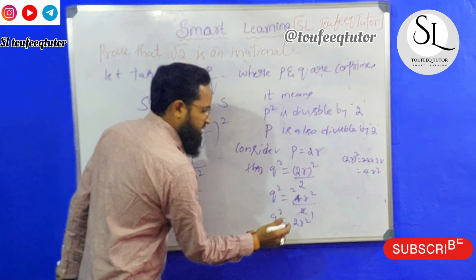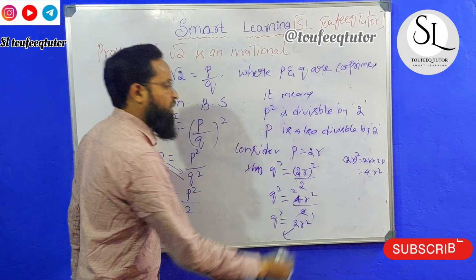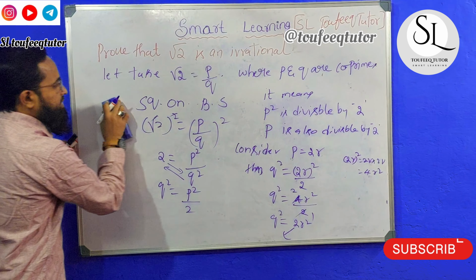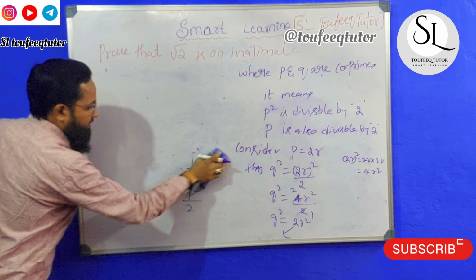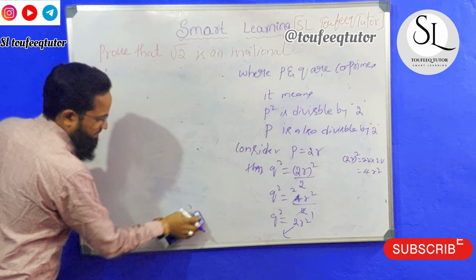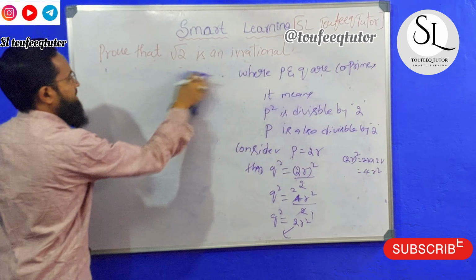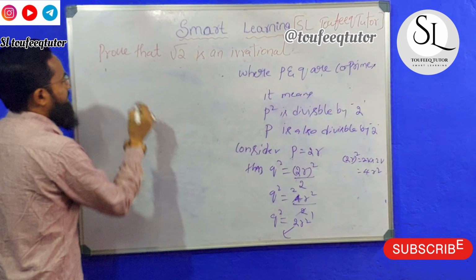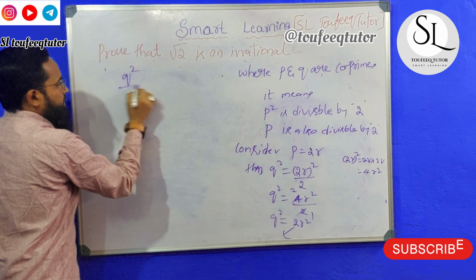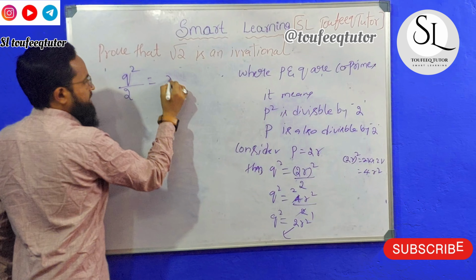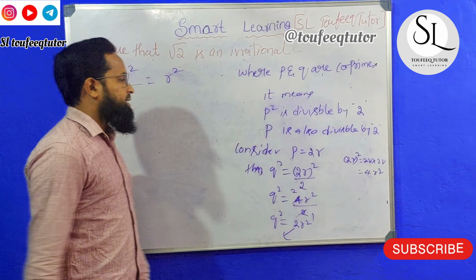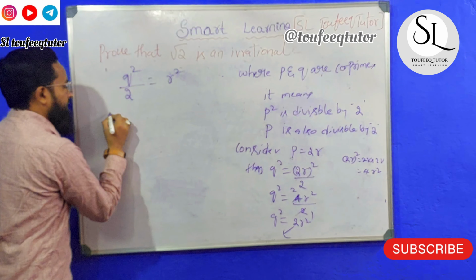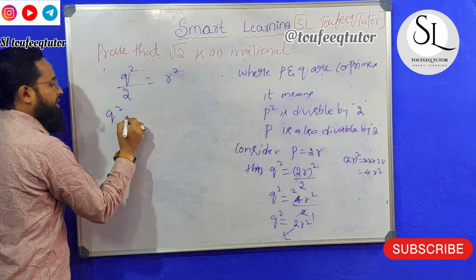When we transpose this 2 here, what do we get? I am erasing this. Do you understand what I am saying? Please be correct in this part. Very important for 3 marks. Very, very important for 3 marks. So then what happens? Q square by 2 is equal to R square. What is it resulting in? This results in Q square is